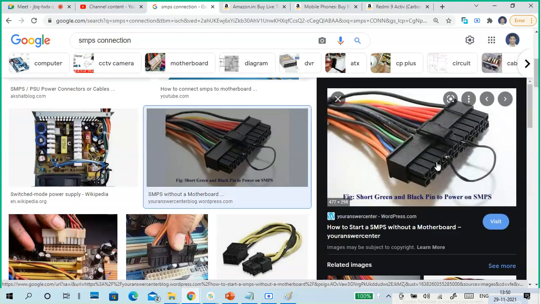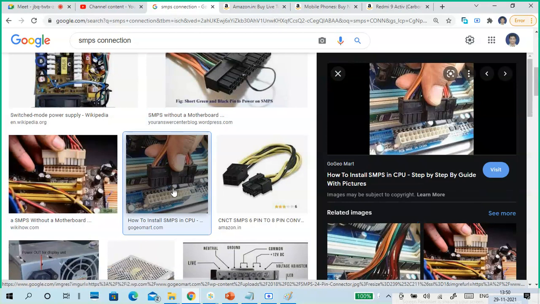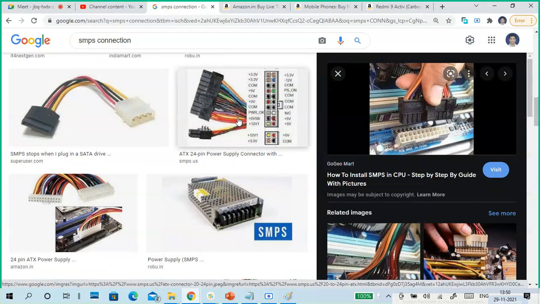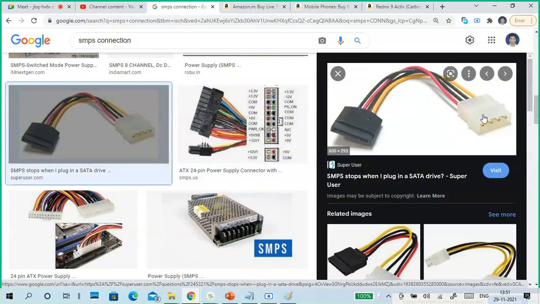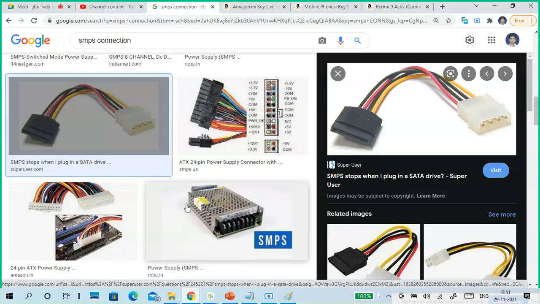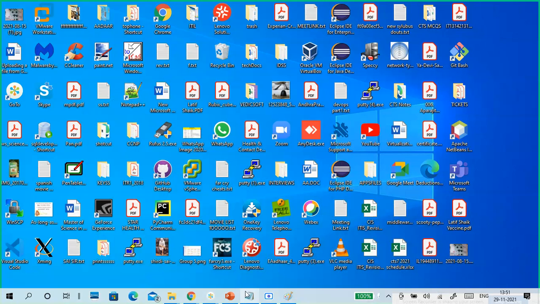So this is your motherboard main power supply connection, just like this. You can view these pictures. You'll go to the motherboard connection. The different colors indicate different voltages: 3.3 volts, 5 volts, ground, 12 volts, minus 12 volts. If you look at this one, the white one will go to the old style hard disk and CD-ROM. The black one is a new style hard disk and CD-ROM.